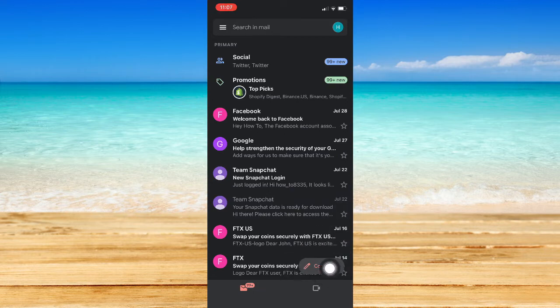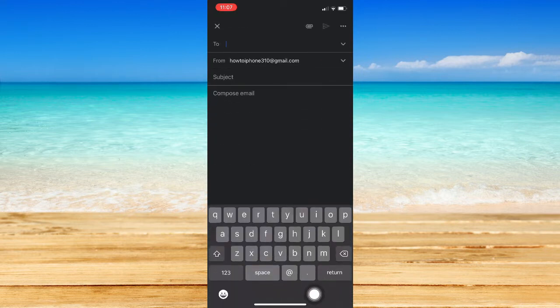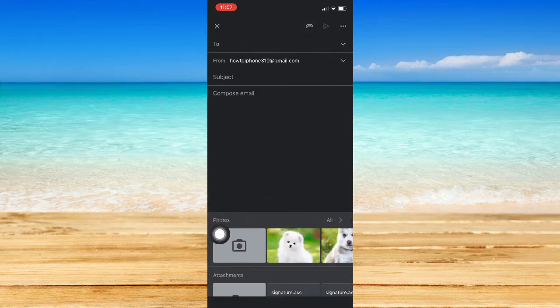And then go to Compose right here found on the lower right corner, and you may type in your recipient and then your subject, and right here you may compose an email before adding your pictures. So simply click on this attachment button right here, or this paperclip button, and then you may be able to